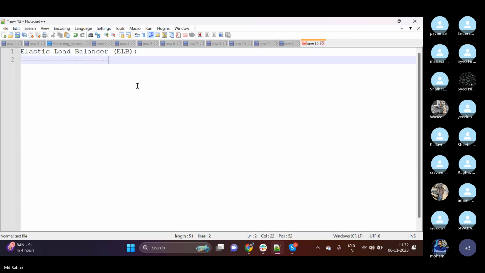ELB, basically Elastic Load Balancer. So what is the purpose of this load balancer? In the name itself, we can see. Load balancer means the number of users who are trying to access our application will be redirected or mapped to our servers. Okay, for example,